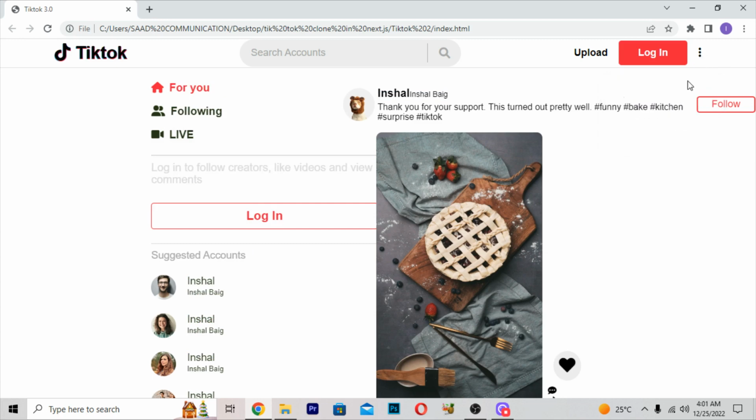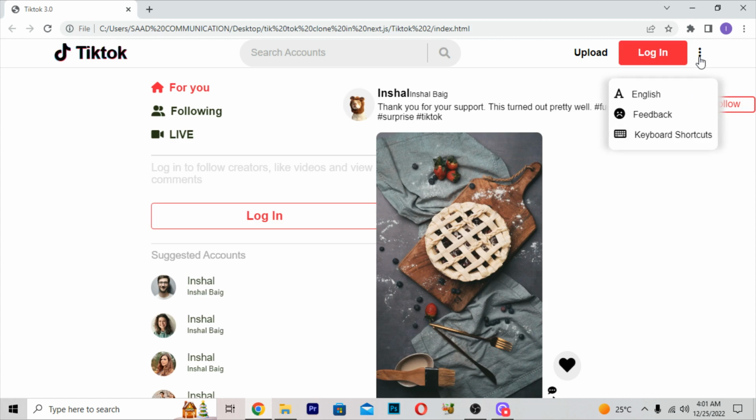You can just see we are getting many of the options here. Like you will be getting three options. One will be of changing language, if you want to change the language to any other language, so you can do that. Then you will be getting the feedback emoji here, and if you want to give feedback of this TikTok, you can just give the feedback here by using this feedback option.